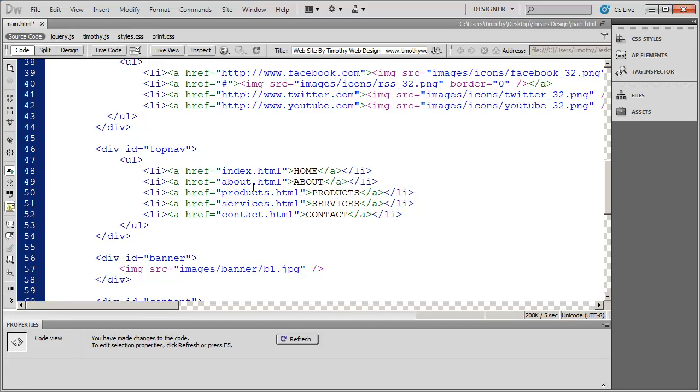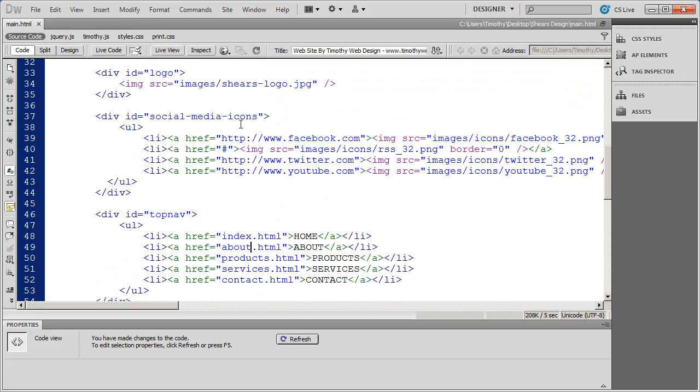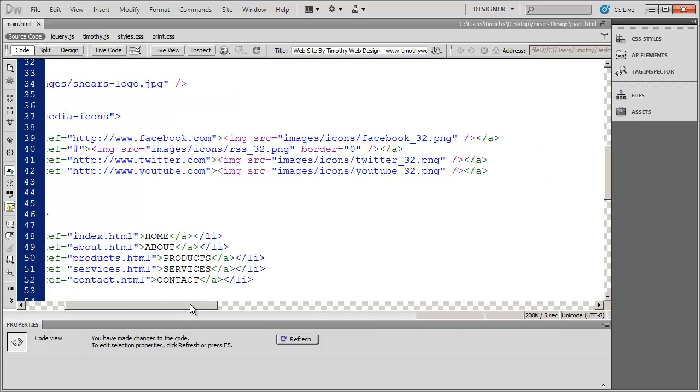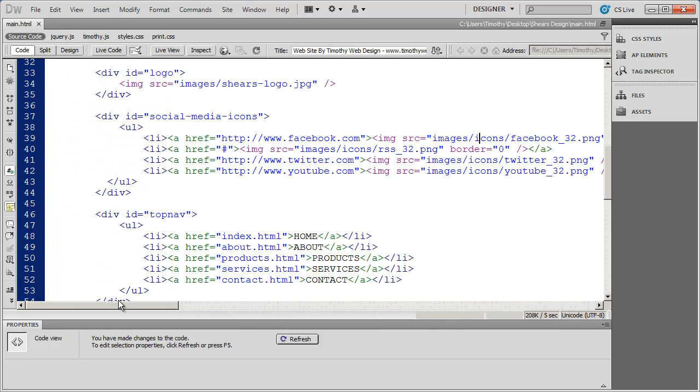And you can see this exact same thing has been done up here for our Facebook icons and our other icons. We can see there's the list item and there's the anchor tag. But instead of having a word here, you have an image. So whereas we have home here that's embedded inside the opening and closing A tags, you have an image right here. And if I scroll over a little bit more,